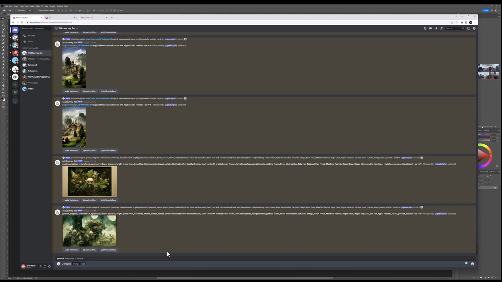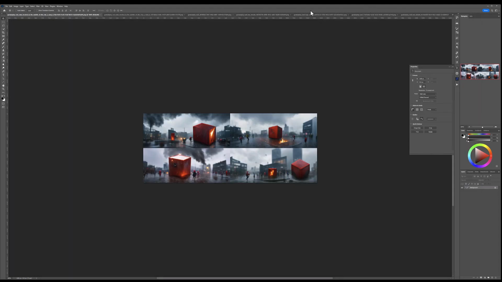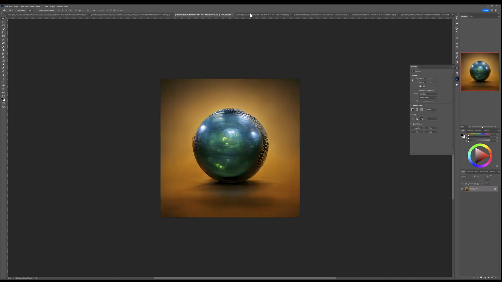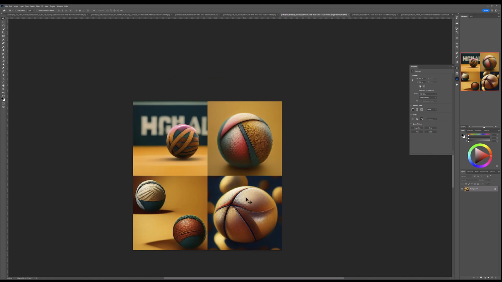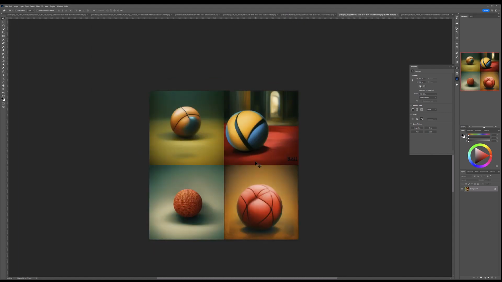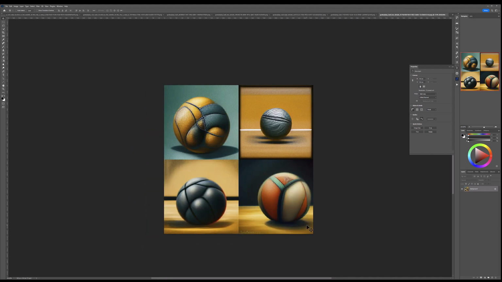However, note that people use some words that I found out don't necessarily work the way people think they work, and that's from experiment. So for example, let's say here's the prompt "ball," and this is the rendered ball. I just put the word ball, and by the way, you can see on the top right here, this is render one. I said, okay, how about I render a ball with high details, which a lot of people put in. Compared to the other ones, it's not higher detail. If you put low details, or just ball, it has the same amount of details, so it sometimes can be ignored.